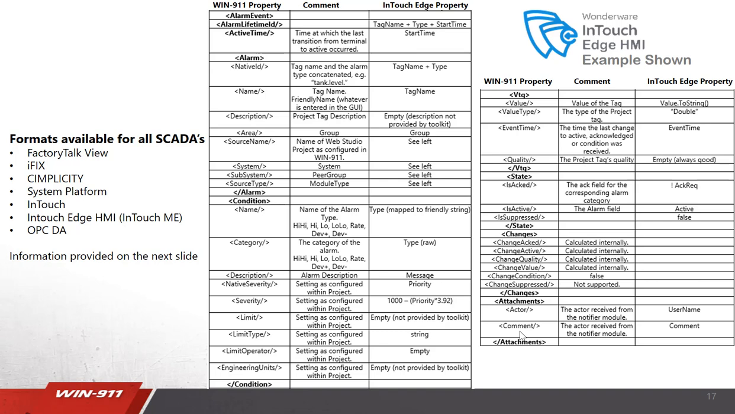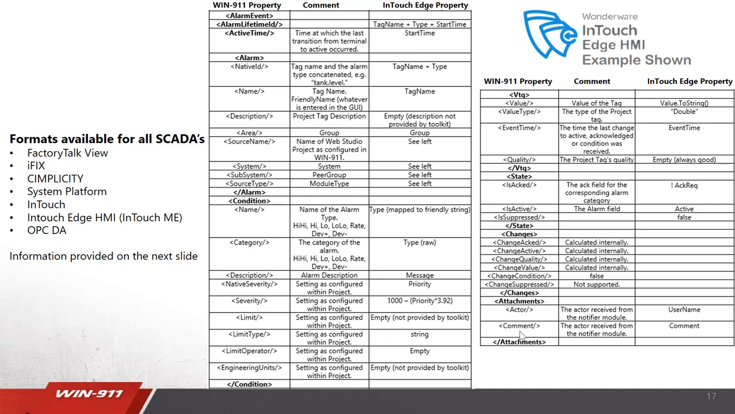The active time is the next property of the alarm, and that is a date time at which the alarm first went active. It transitioned from the terminal state into an active alarm. And that should be consistent for the life of the alarm. The next thing is actually a section. So the alarm section